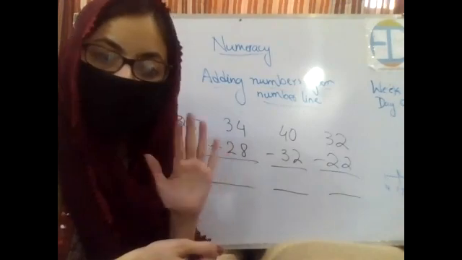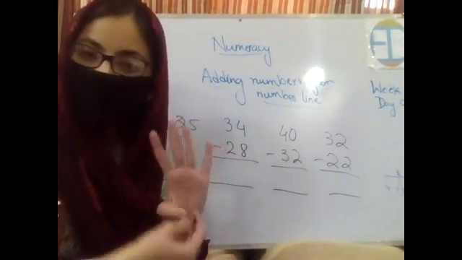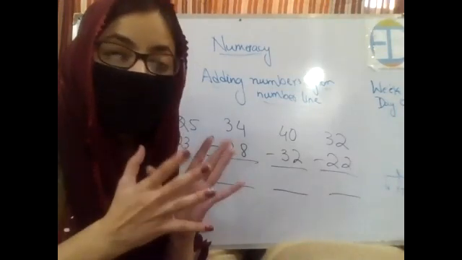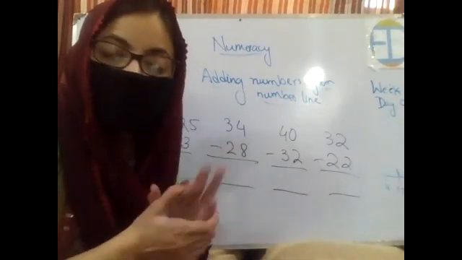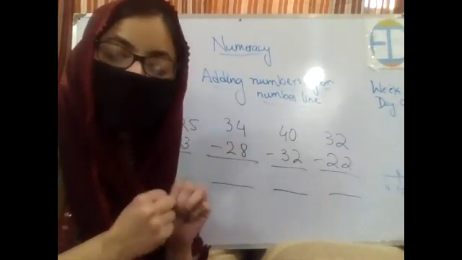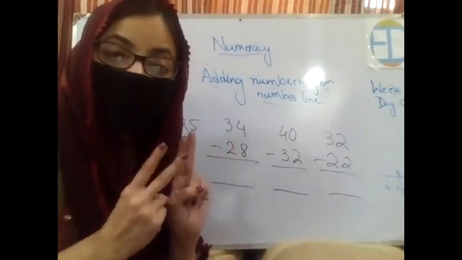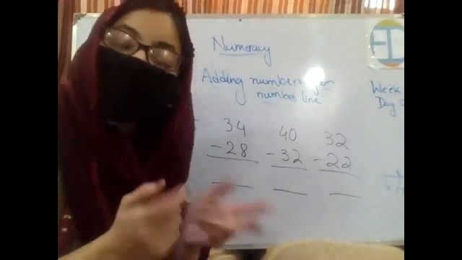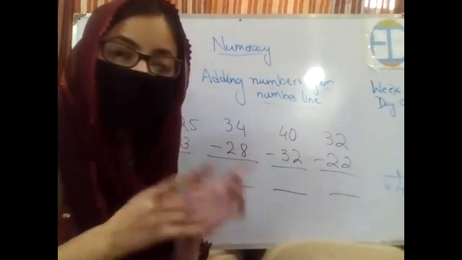4. Very well done. See, we have 5 fingers. If we subtract 1 from it, how many are left? 4. Very well done. Okay. What is the answer of 3 plus 2? 3 plus 2, 5. 2 plus 2, 4. Very well done. 1 plus 0, 1. Very well done.